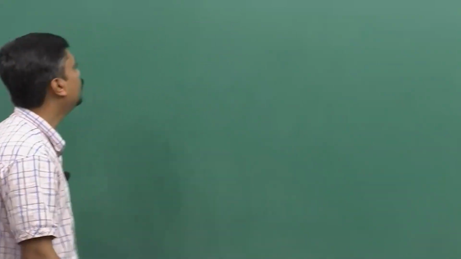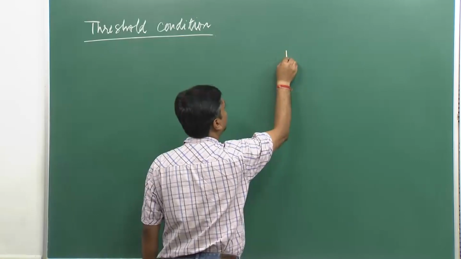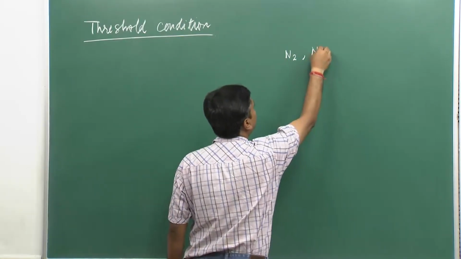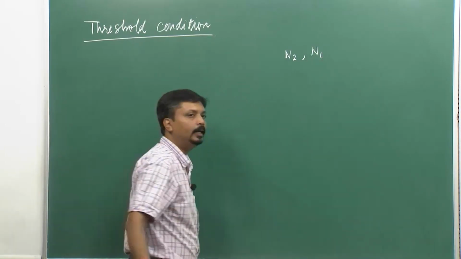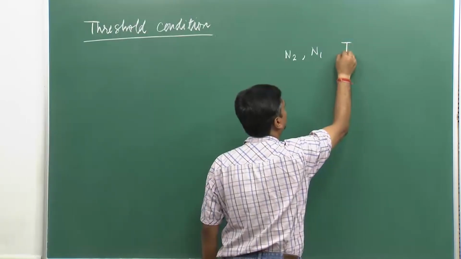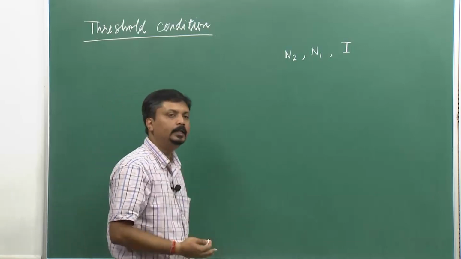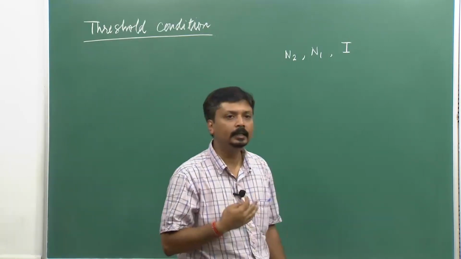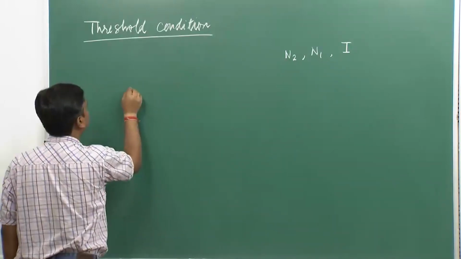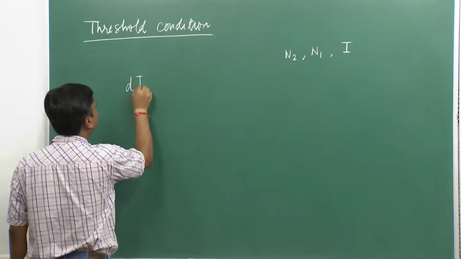So, if I write the populations of the upper and lower states as N2 and N1 respectively, and the intensity of the stimulated photons as I, then the change in the intensity I with time, that is the rate of increase of stimulated photons,